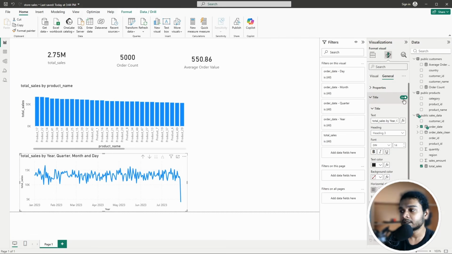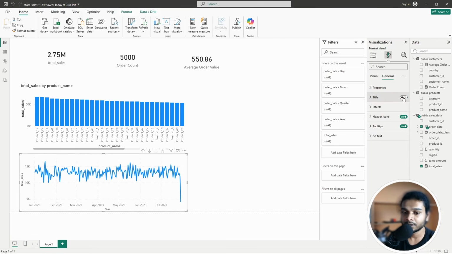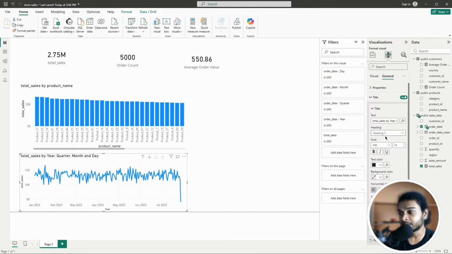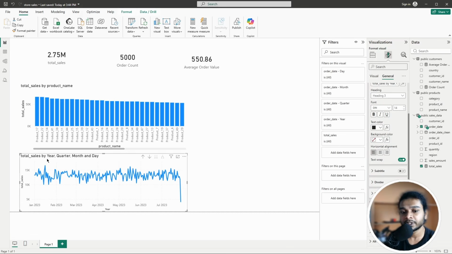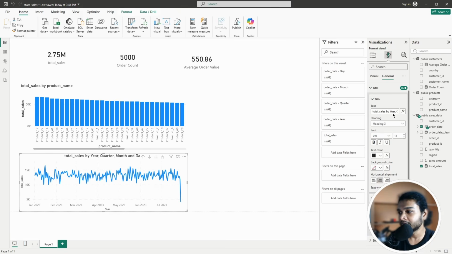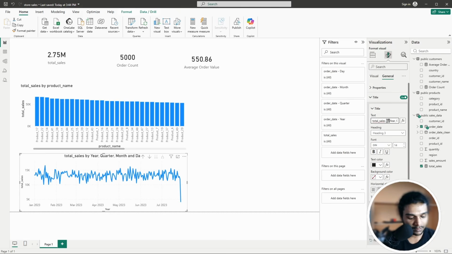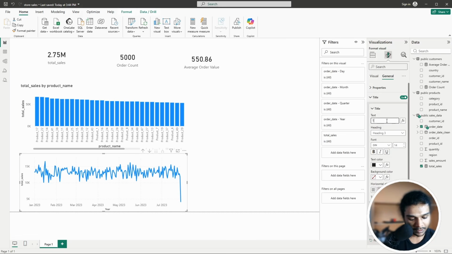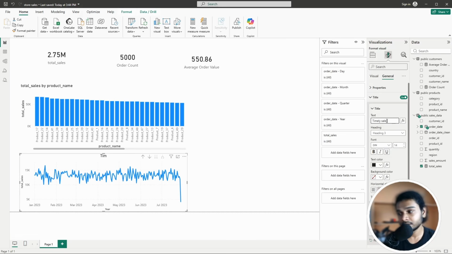So here we can turn the title off or on, and we can customize it. I usually put the title at the center of the chart, like that. And we can actually type the title ourselves and say timely sales, like that. And we can also use conditions for titles, and according to what you want to change the title, you can change it. You can change the actual title. Let's say